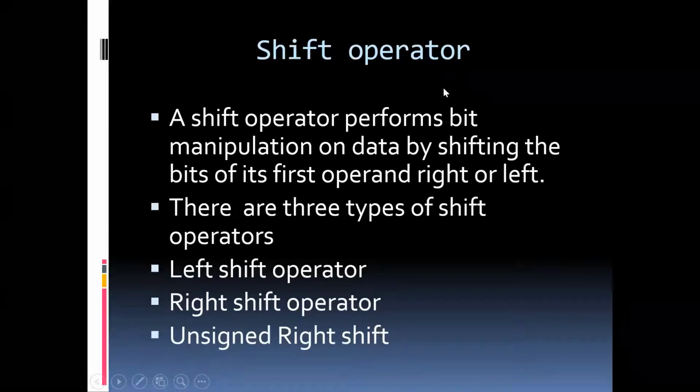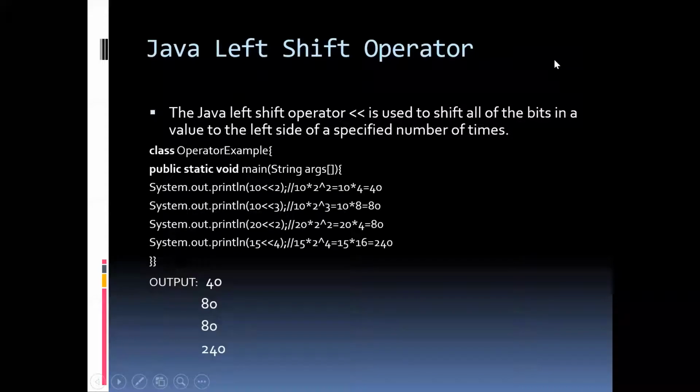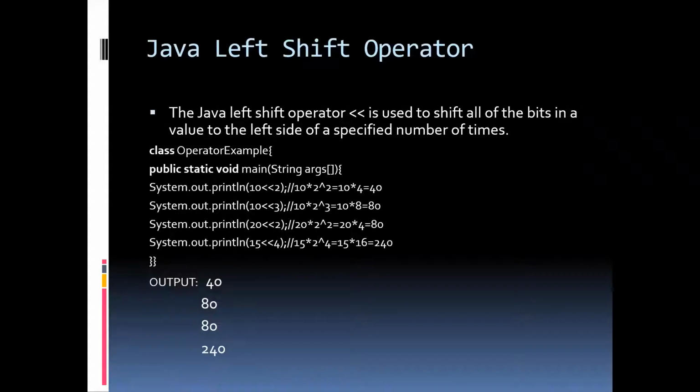Now, the shift operator. From the word shift itself, you can understand shifting, in a sense, transferring. So this can be defined as an operator that can shift the bit position values to the left or to the right, depending on the required positions. The shift operators present in Java are the left shift operator, right shift operator, and unsigned right shift. Now the left shift operator is used to shift the value to the left depending on the specified bit positions, and brings the sign bit value 0 onto the right positions. Just shifting to the left and assigning 0 to the right positions.